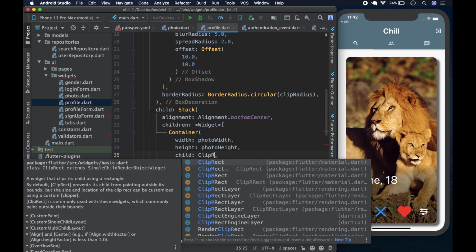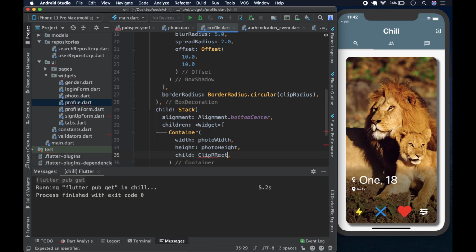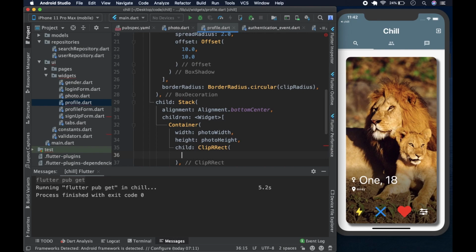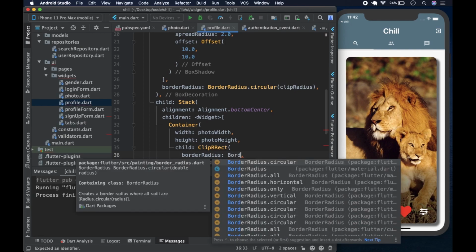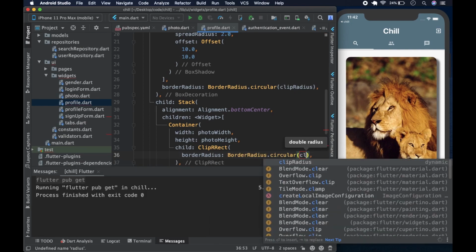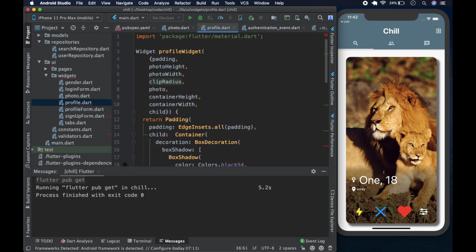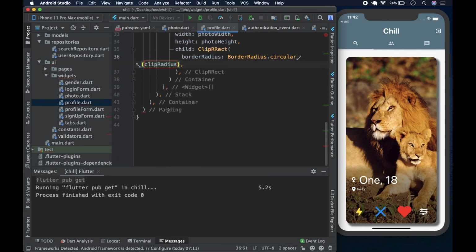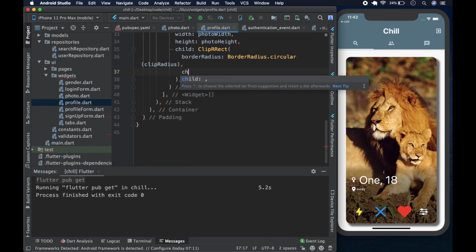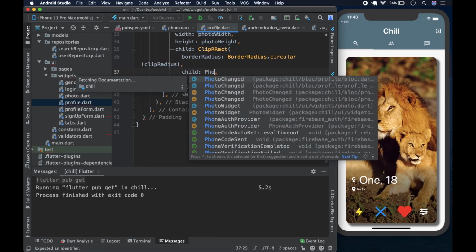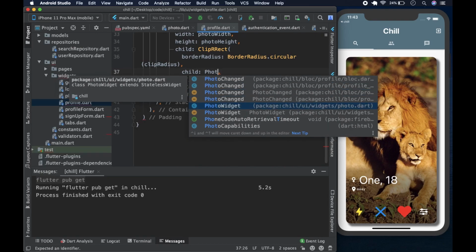There is ClipRect, and then there is ClipRRect, like so. So you get the ClipRRect. Make sure you get the ClipRRect. BorderRadius, yeah, those two are confusing. You could come here and say BorderRadius.circular and pass in the clipRadius, which we pass in, of course, the clipRadius, and the child is going to be, of course, now finally after all that, we bring in the photo widget,